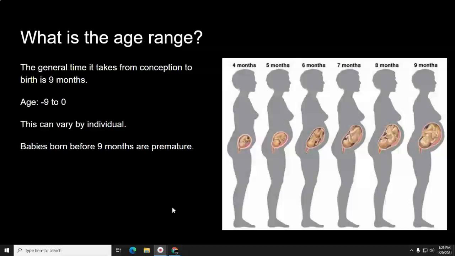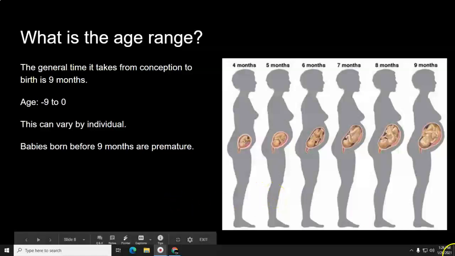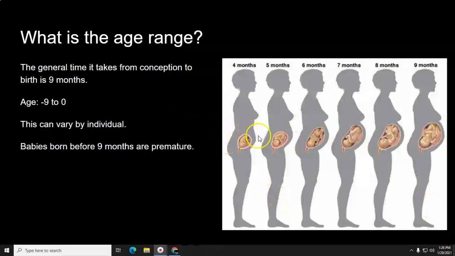Yeah, that wasn't fun. But you can see how a woman changes during her pregnancy from 4 months where she first starts kind of showing all the way through to 9 months. Some women, you can't tell that they're pregnant. They don't show very much. And a lot of that has to do with the muscle wall and the abdomen and their body weight. It also, though, some women can look extremely pregnant when they are only like 5 months along. And again, that has to do with the size of your body and how it's not so much how thin you are, but how small your frame is, how delicate you are.